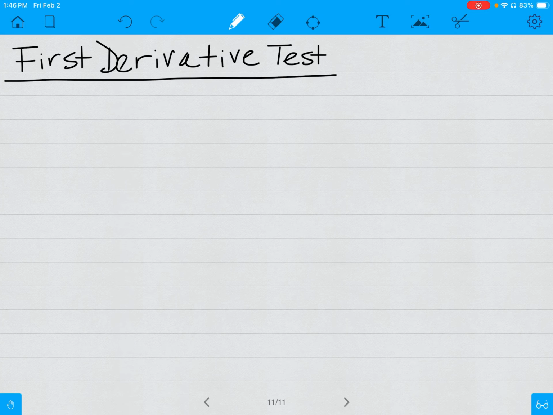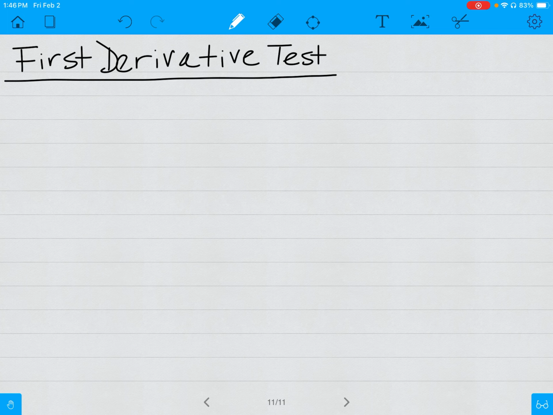So in this video, we're taking a look at the first derivative test that is going to help us find our local maxes and local mins. You are welcome to look at the symbolic definition of the first derivative test in your book. I think it's actually going to make a lot more sense if we talk through what the first derivative test is saying visually, and then look at a couple of examples of how we apply the first derivative test to